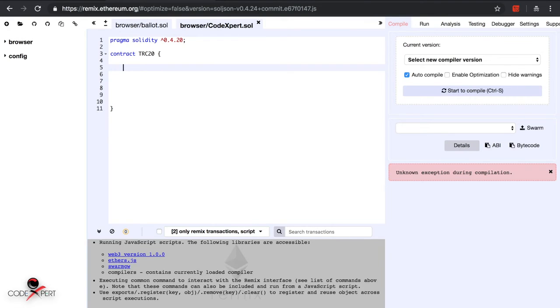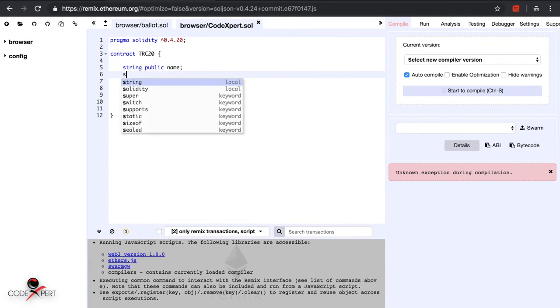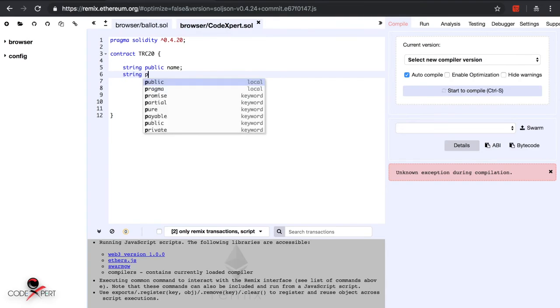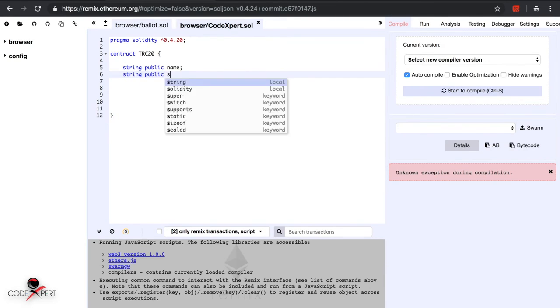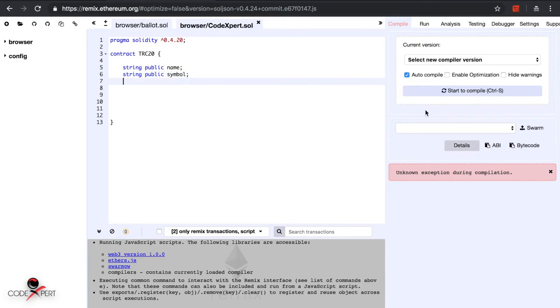All right, so let's first define a public string, which means you can access it from outside your contract, called name, which is the name of the token, then string public symbol, which is the symbol of our